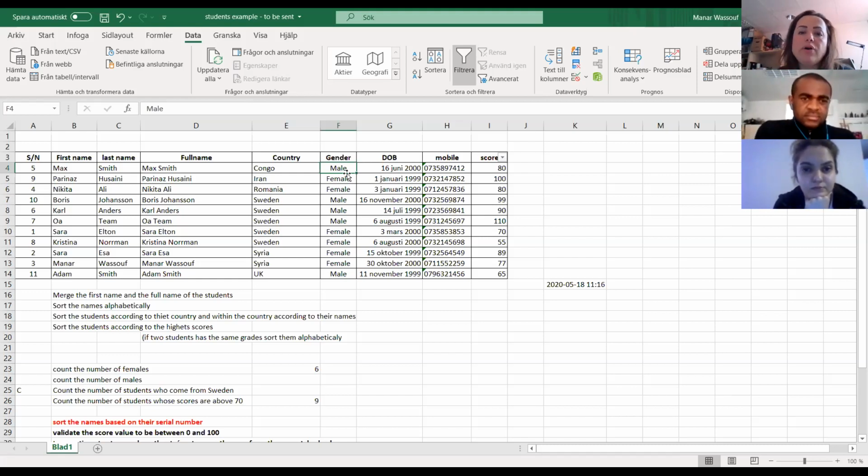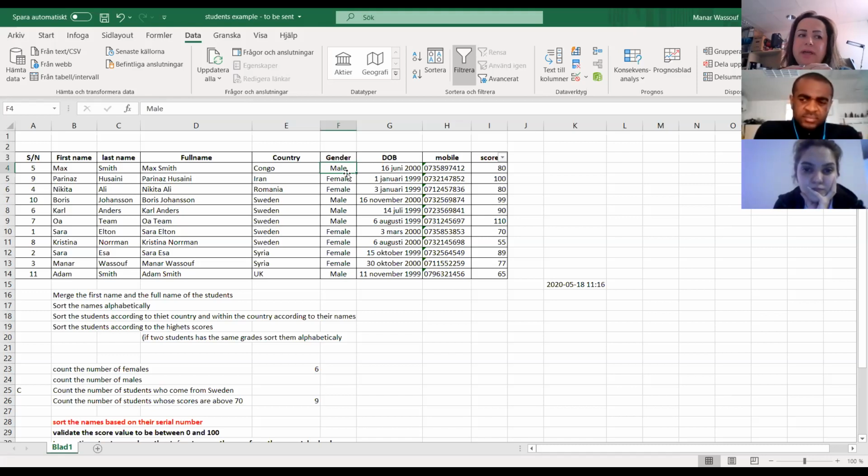Or for example, if I enter a mobile number, some people don't put the 0, or sometimes they use the plus and the country code. So if you want a specific number of digits, like for example, I want the phone number to be just 10 digits, then once the user enters this information,